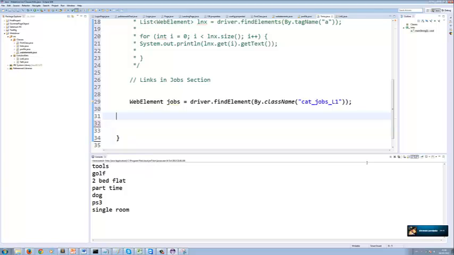First I need to make a list. List, what type is it? Web element type, and give a name to it. What do we call? Jobs elements, or jobs links, whatever you feel comfortable, is equal to,